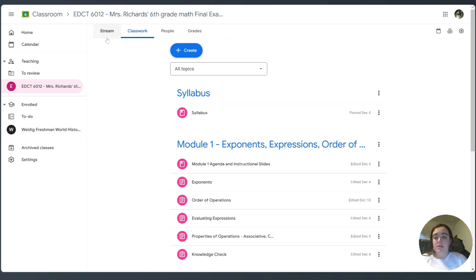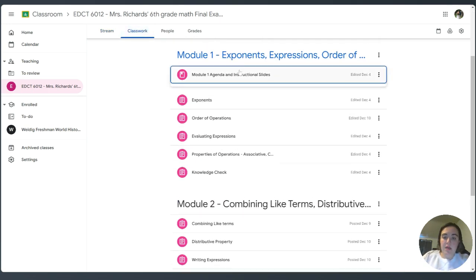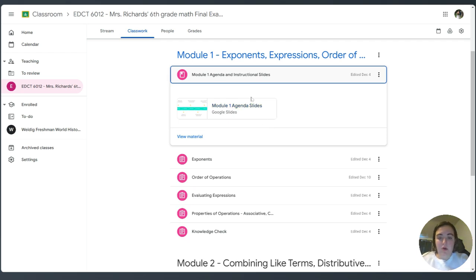So I would basically set this up and include things like instructional videos that students would watch for those modules. Students would watch these instructional videos to help them work through the different modules. I've also included under modules